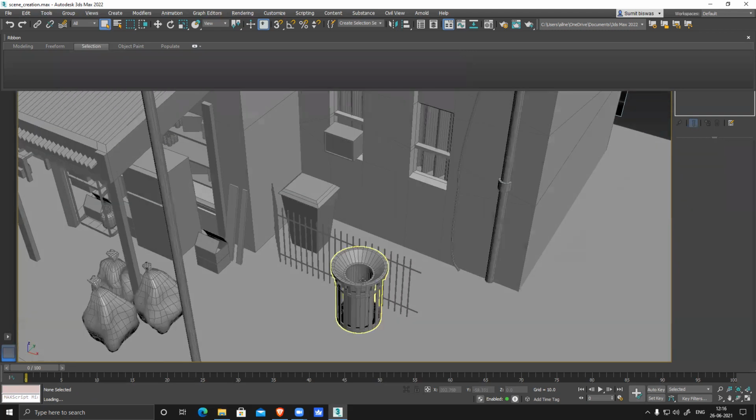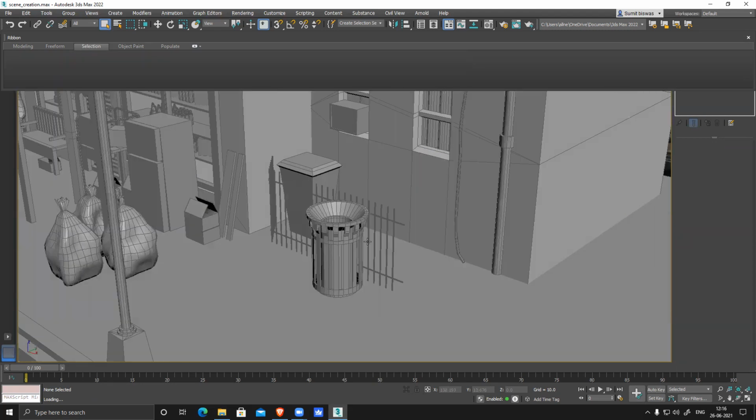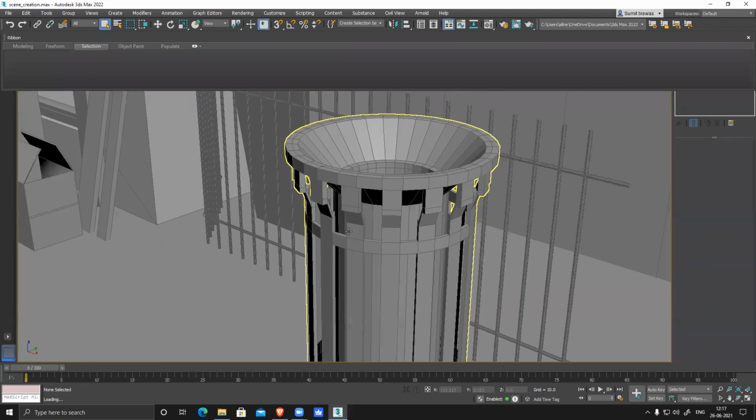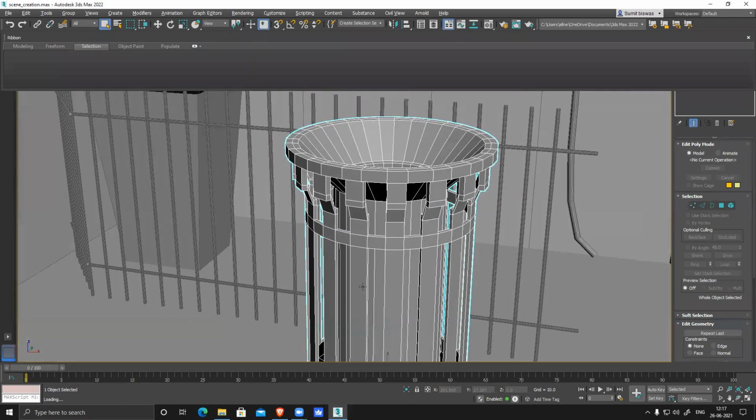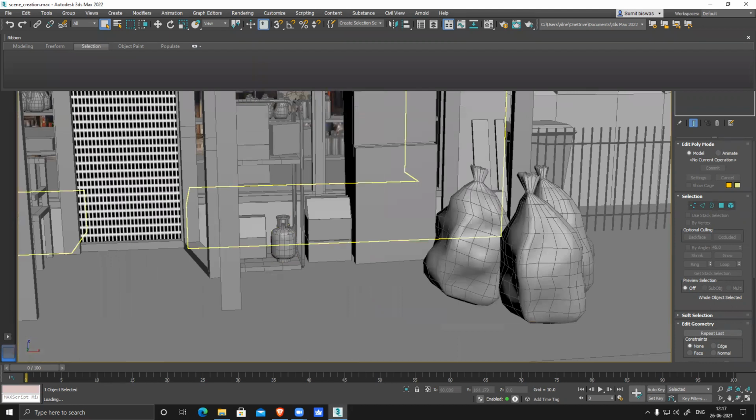Yes, this is fine. This looks nice. This looks nice now. Yeah, better than last time. You can also clearly see that, right? It looks way better now. Exactly. So those things, and this is fine. This looks nice. Yes, the garbage bag is also nice, and this looks pretty nice.